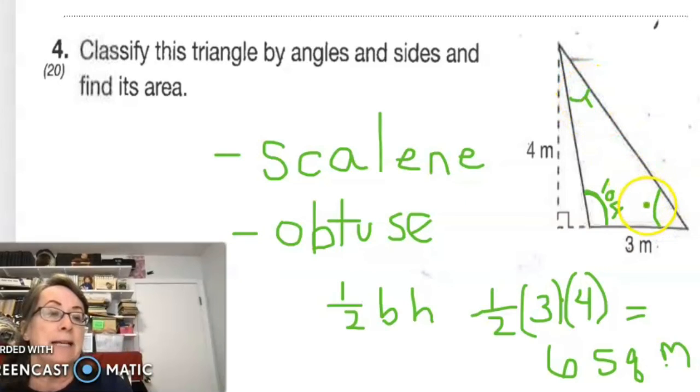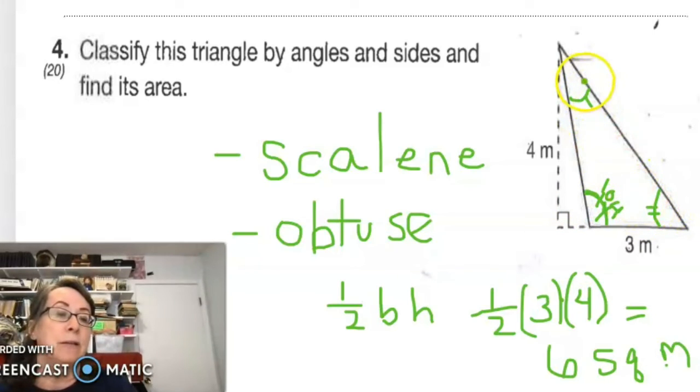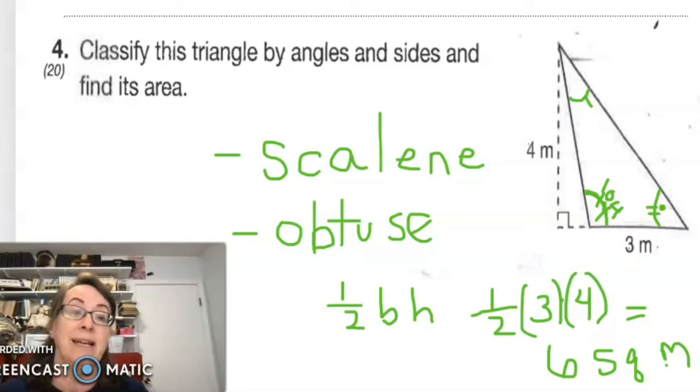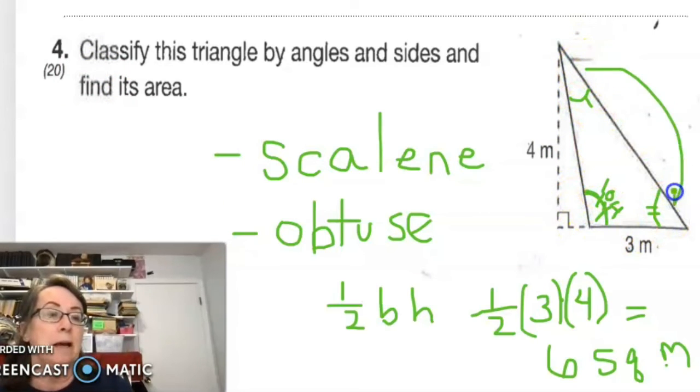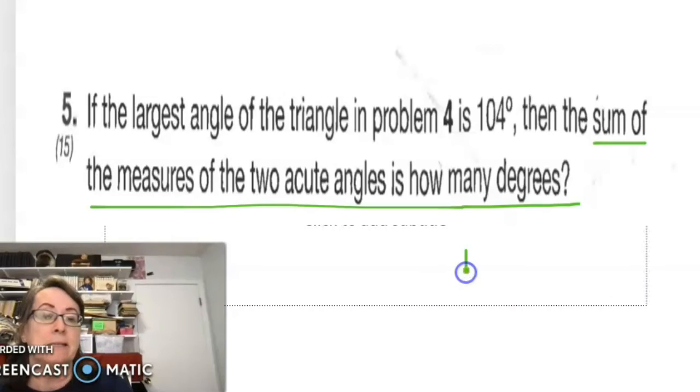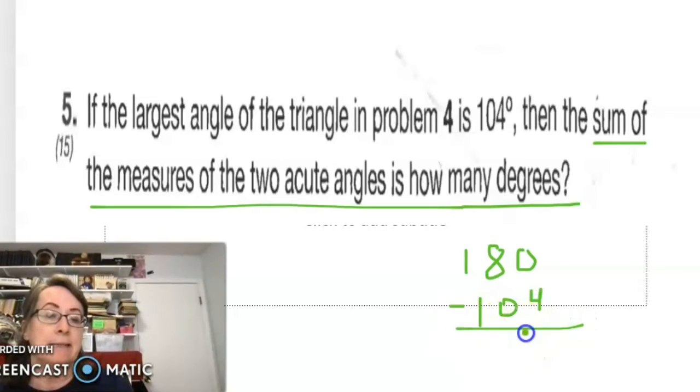Now, these are all different sizes, so I should put a different kind of hash mark in each one. Okay, so 1 plus 2, these two angles. And we know there's 180 degrees in a triangle. So we can figure that out by saying 180 minus the 104 will be the sum of these two angles together. So 180 minus 104 is going to be 76. So the sum of the other two,